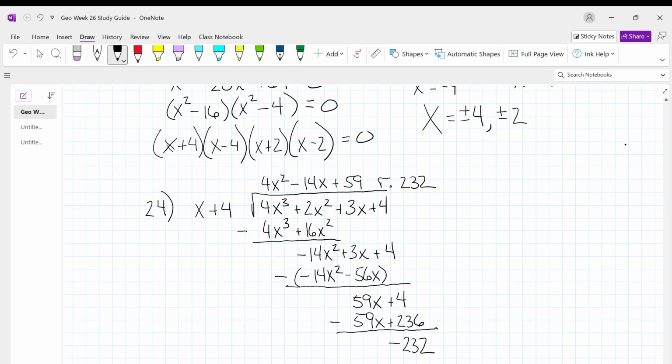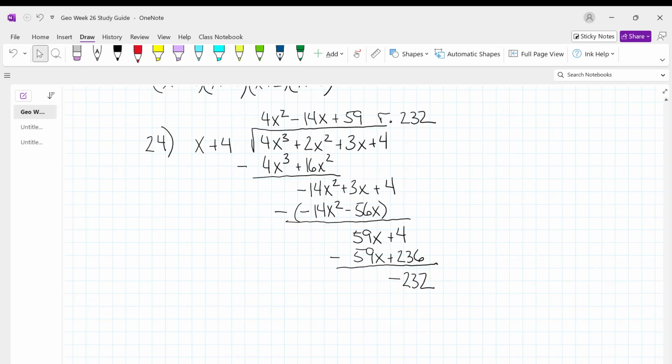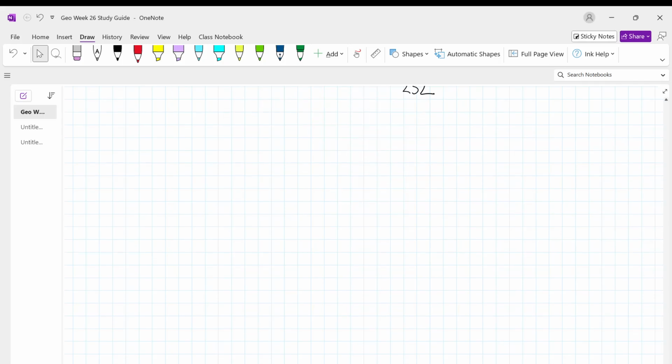And I'll do number 26 for you. I'm going to leave 25 for you to practice on your own. The answers are all listed at the end of the study guide that I posted to Focus. So problem number 26, we are dividing x plus 4